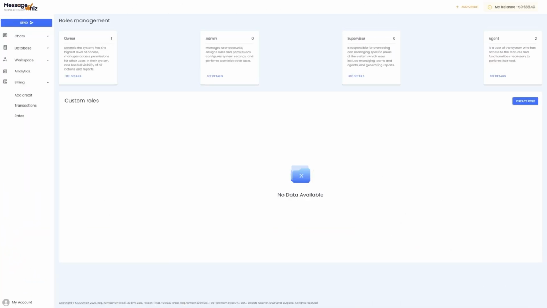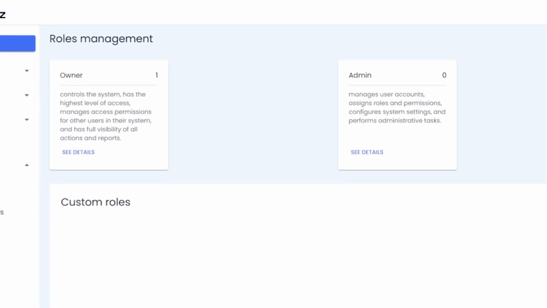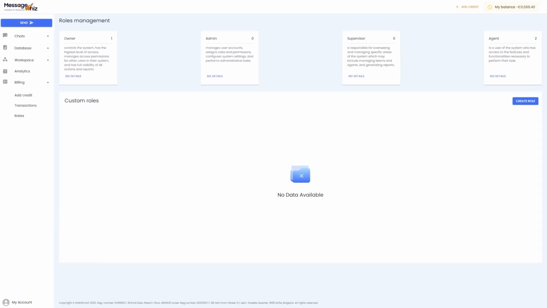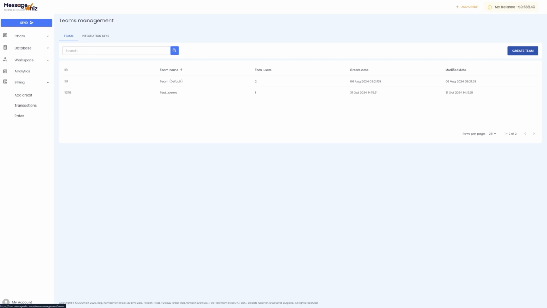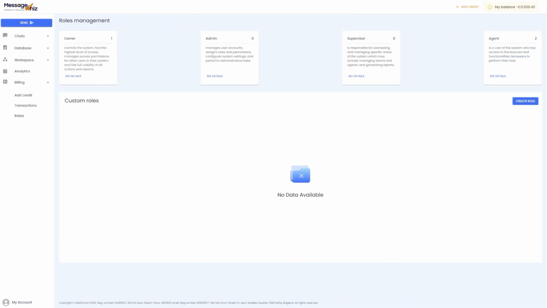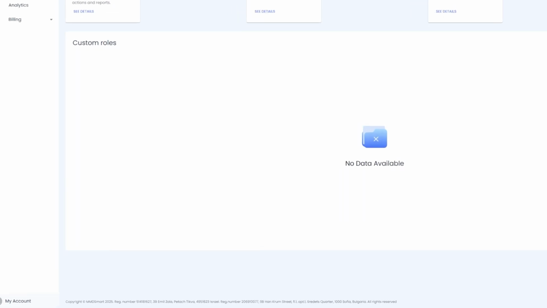In MessageWhiz, admins and owners can create and manage teams, assign users, and oversee team activities to streamline collaboration. Teams allow you to organize users efficiently, ensuring the correct people in your organization have access to the right conversations, campaigns, and workflows. To create a new team, navigate to the Teams Management section